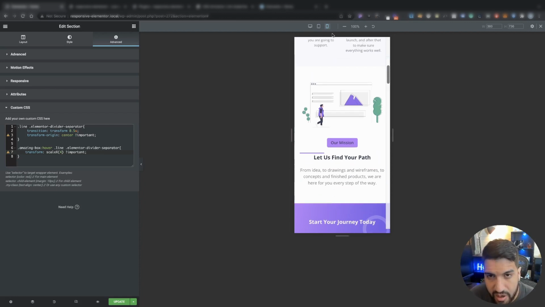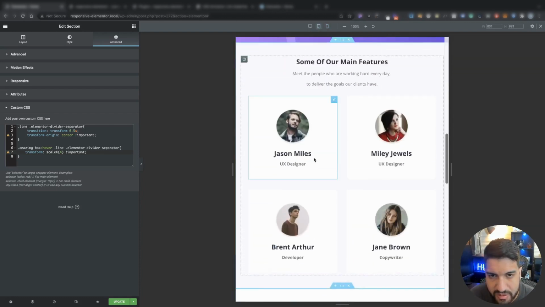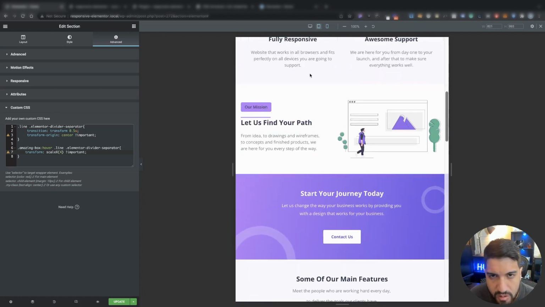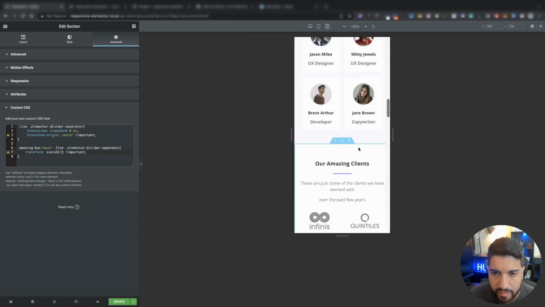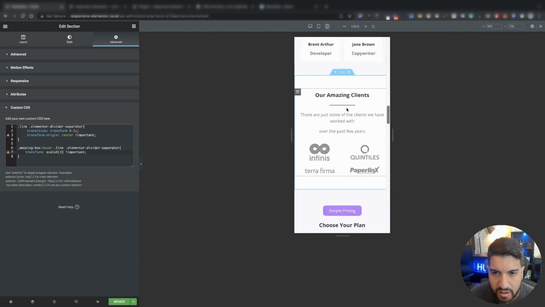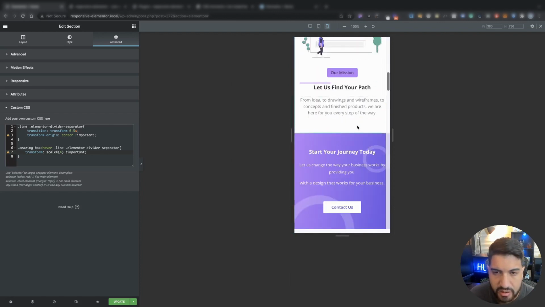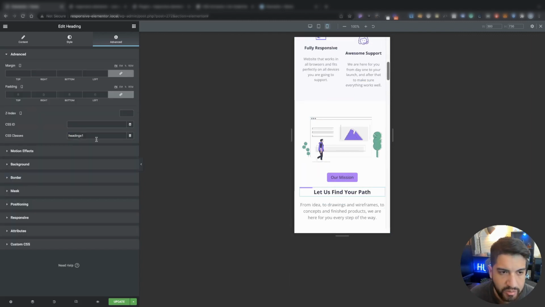So as you can tell, on tablet or on desktop, it's set to the side, right? But whenever I go on mobile, we go ahead and optimize this to be in the middle. I mean, where is it at here? That's right here, right? So what we could do is